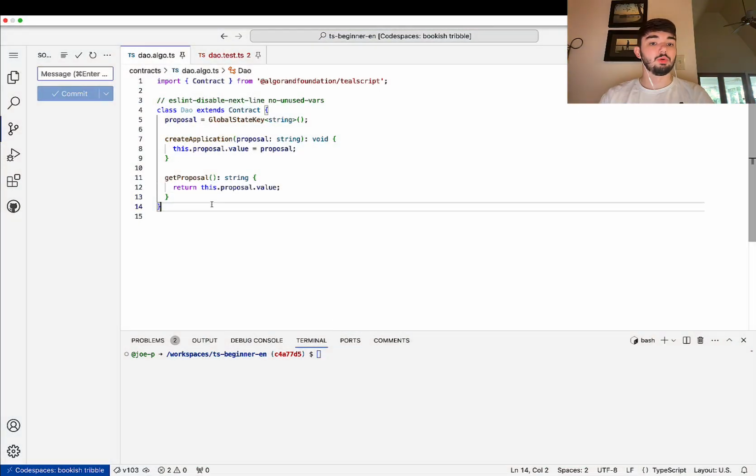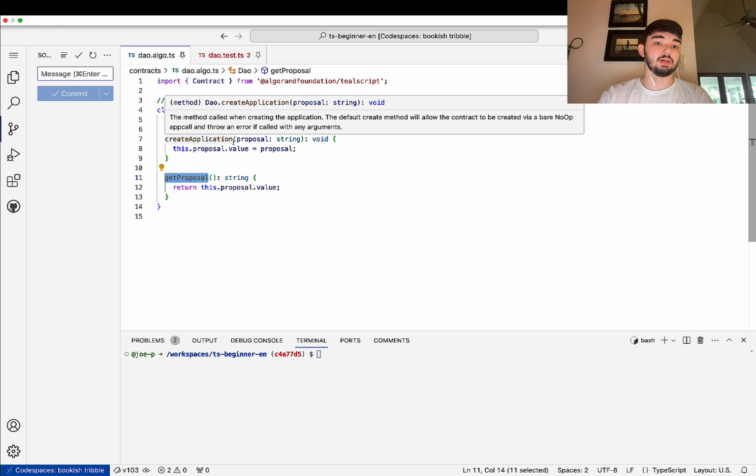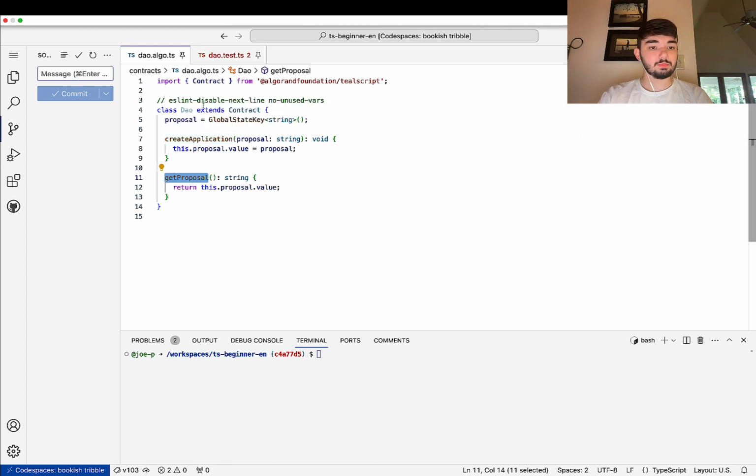Okay, so where we've left off is we have our contract here. We have our create application method where we set a proposal and store it in global state. And then when we call get proposal, we return the value saved in our global state. So now the next thing we want to do is update this contract so that people can